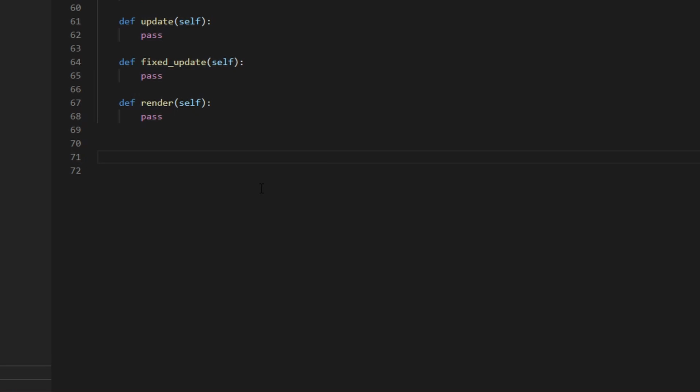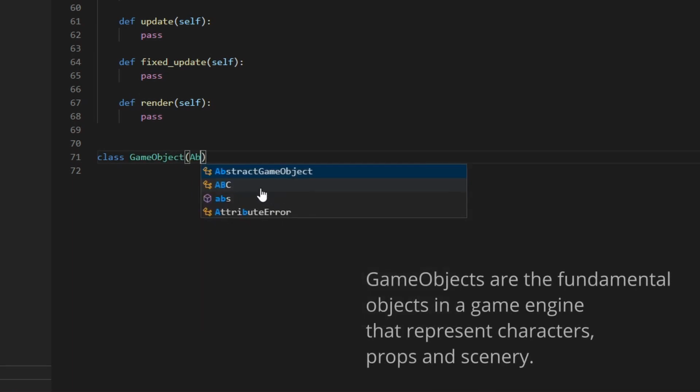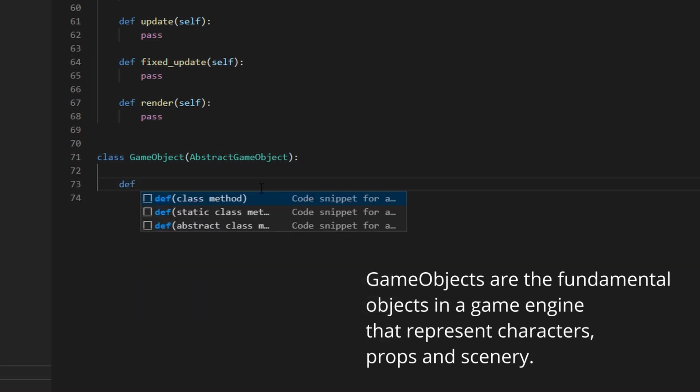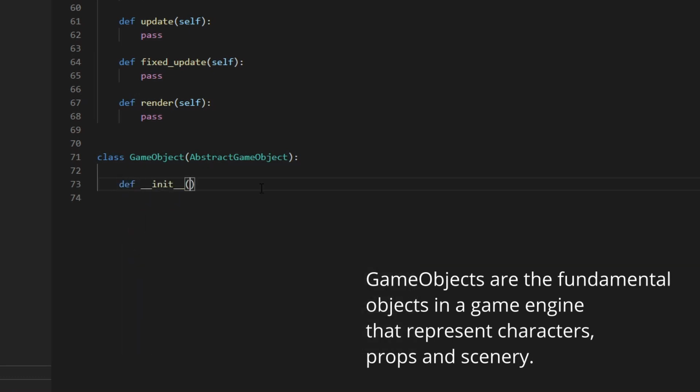So we will start by defining the concrete class for our abstract game object. So I'm naming it game object simply, and I will write abstract game object here. And this, let me just first define all the